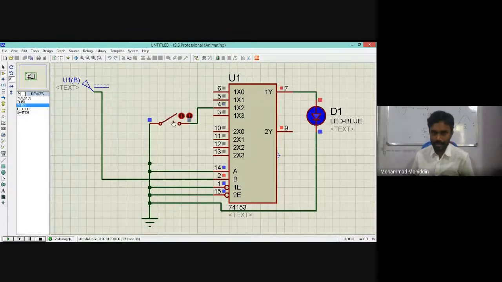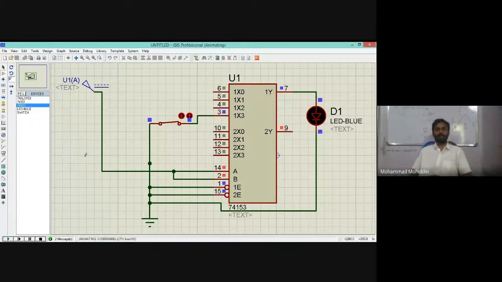See. Understand? Now you give 1, 1. Both the selection lines make it as 1, 1. Now you run. It won't work with second one because you selected 1, 1, which is 3. So third one you have to give. So this is the third thing. Run. Now you see, perfect, right?